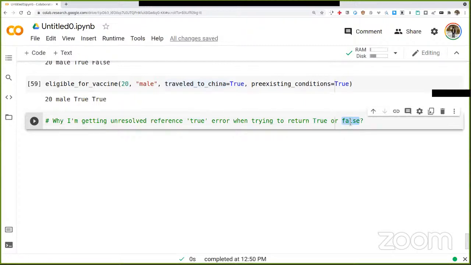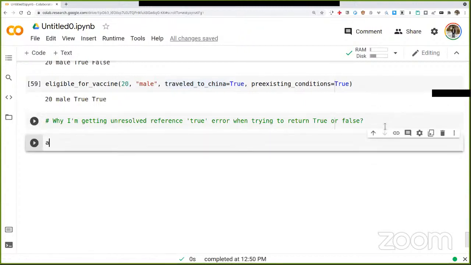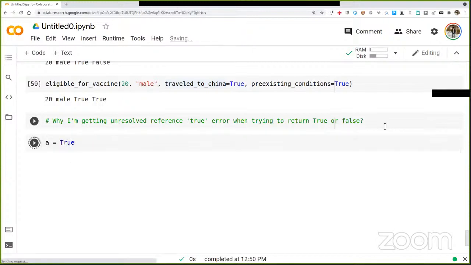And the answer is that Python is case sensitive. So this works,